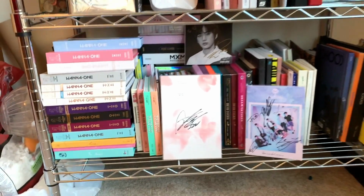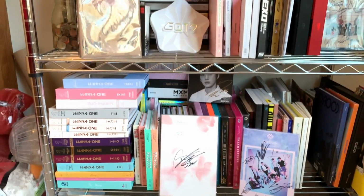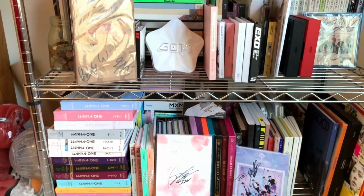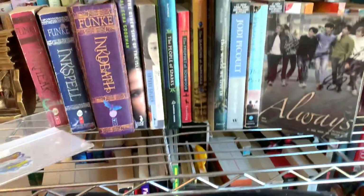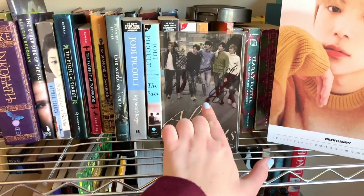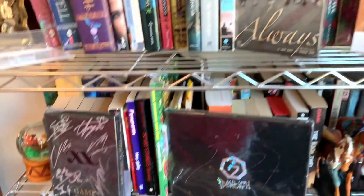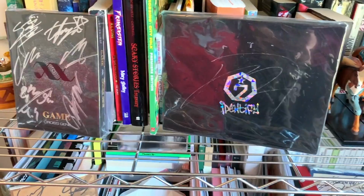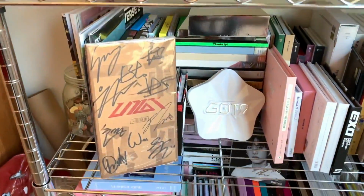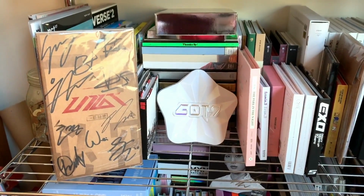So my Monsta X Season's Greetings and my signed albums, because I bought stands for them, but I didn't think about how this was a wire shelf. And then I have 2 shelves of Kpop albums. So we have my U-Kiss signed album, we have my Minhyuk for February Monsta X Season's Greetings, my Cross Jeans signed album, GOT7. Then we have my Uptension signed album. The GOT7 signed album is also OT7 signed. And then we have